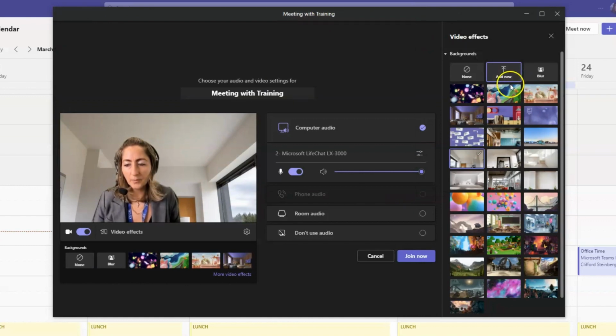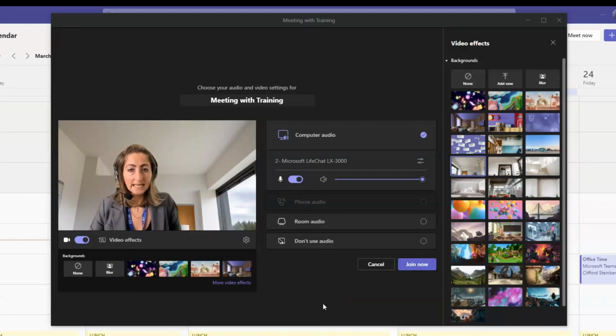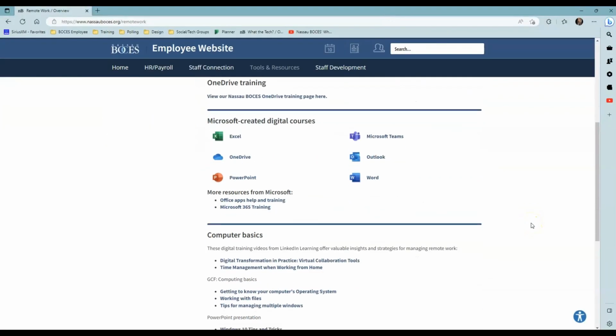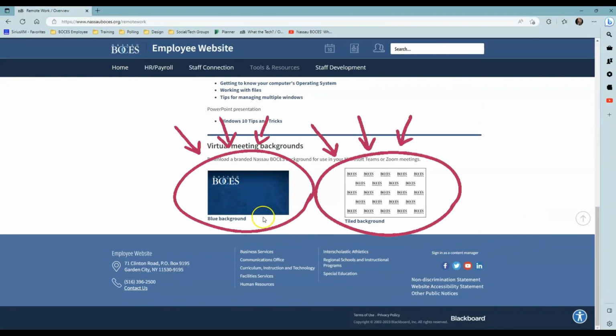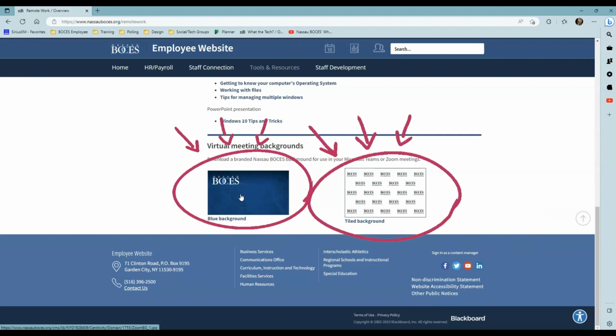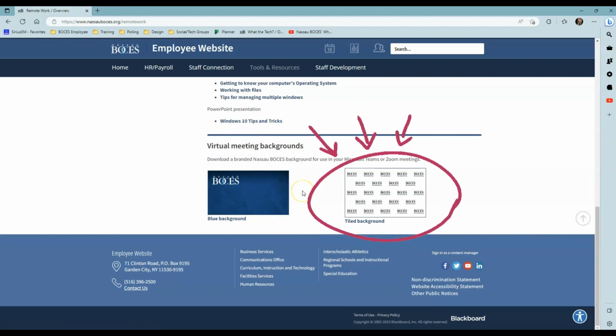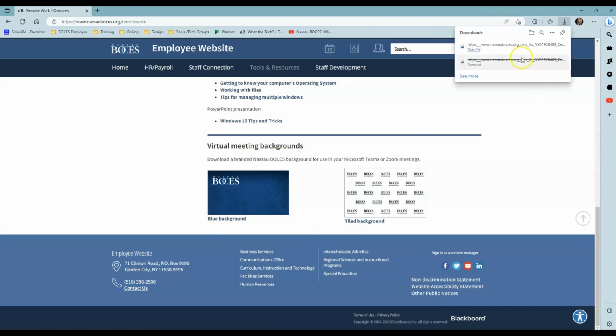A final option for your background is to add a new option here where you can actually upload an image to become your background. If you go to www.nassauboces.org/remote work, which is this website right here, and scroll all the way down to the bottom, you can actually download the virtual meeting backgrounds that are branded and approved for your use by Nassau BOCES. So if I click blue backgrounds, it'll download for me right here,